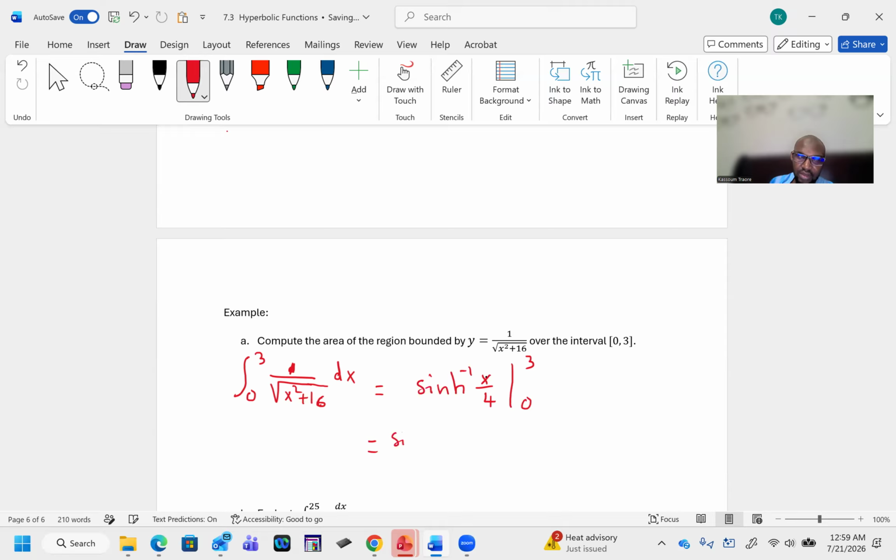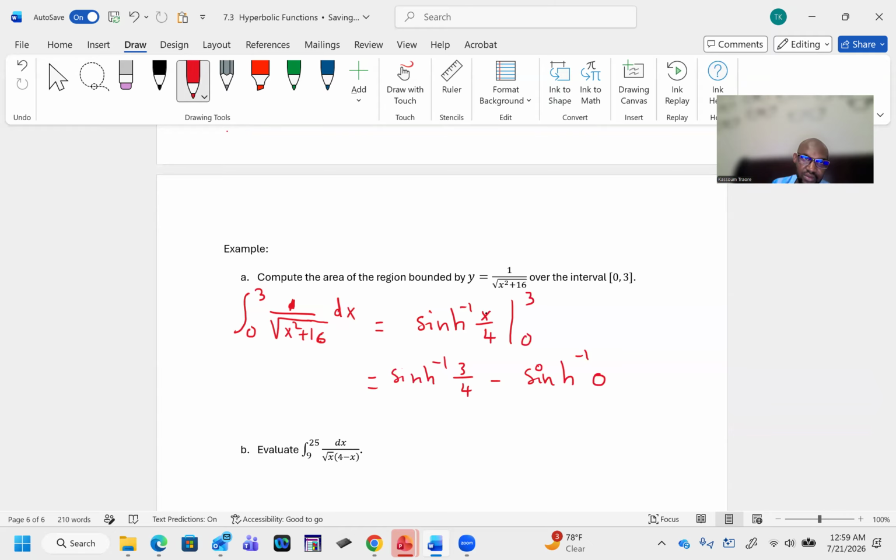Inverse hyperbolic sine. If I substitute 3, so 3 divided by 4, minus the inverse hyperbolic sine of 0 divided by 4, which is 0. And since the inverse hyperbolic sine of 0 will give us 0, the final answer would be